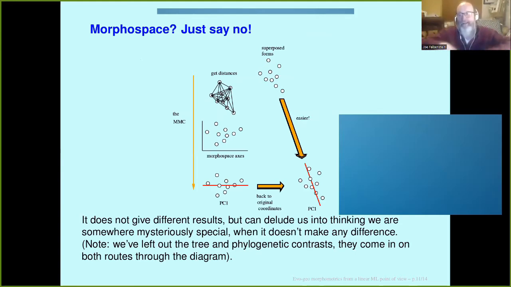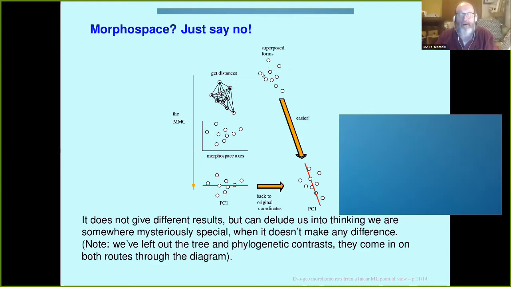If you've got a linear model and you've got your forms and you've either removed the rotations or incorporated them into the model, what about the morphometric consensus? Well, the morphometric consensus, as we know, is just to use things like generalized Procrustes analysis. Here, let's imagine that we have in a high dimensional space our forms. So each of these points is a whole form with, say, 20 coordinates of 10 landmarks, for example.